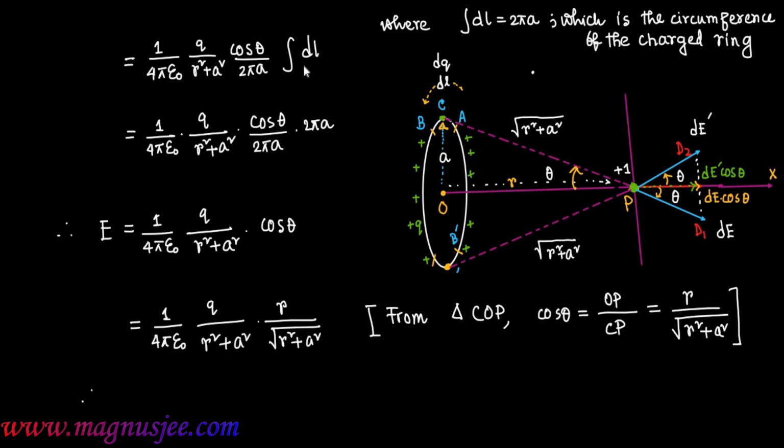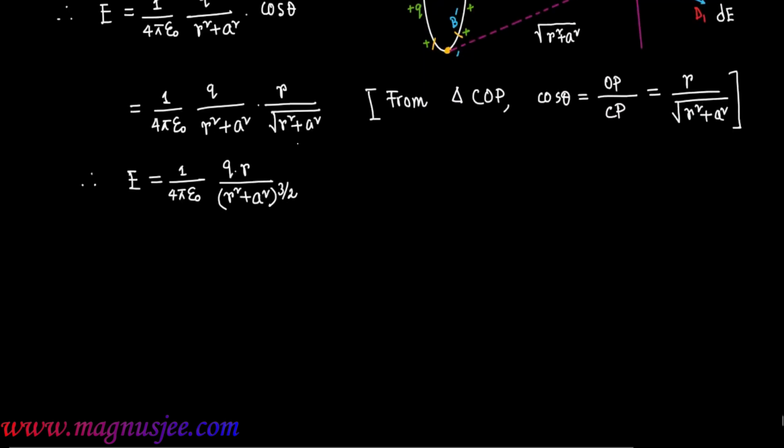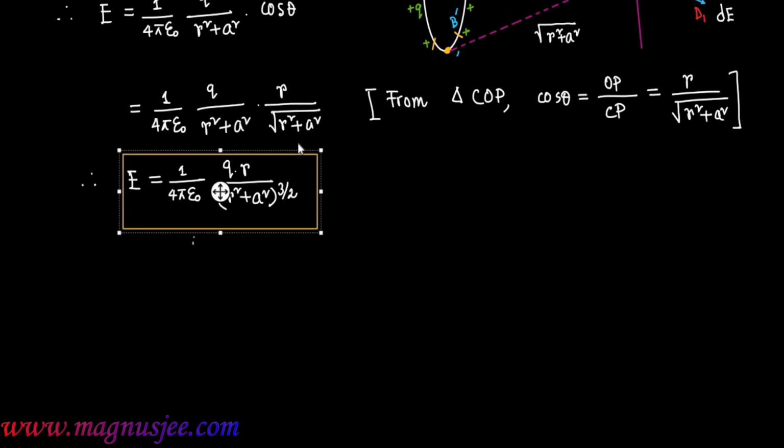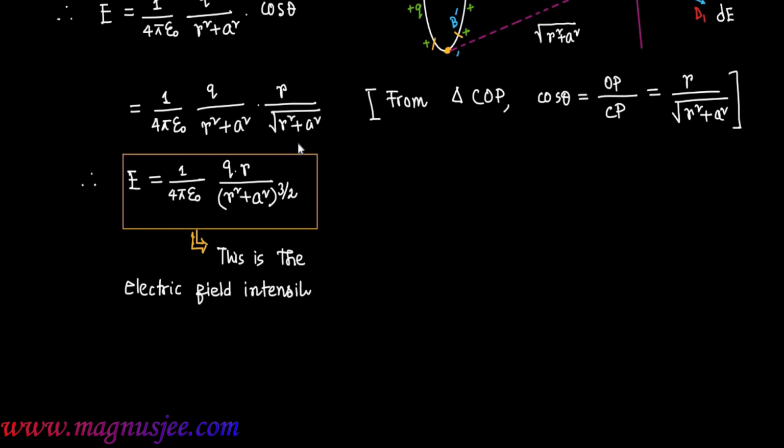Therefore, E equals 1 by 4 pi epsilon 0, q divided by r times r divided by root over r square plus a square, which gives E equals 1 by 4 pi epsilon 0, q dot r divided by r square plus a square whole to the power 3 by 2. This is the electric field intensity